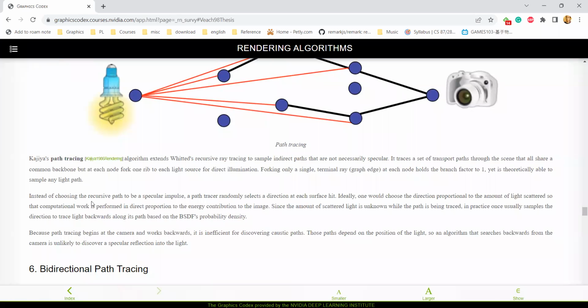Instead of choosing the recursive path to be the specular impulse, the path tracer randomly selects the direction at each surface hit. Ideally, one would choose the direction proportional to the amount of light scattered so that computational work is performed in direct proportion to the energy contribution to the image. Since the amount of scattered light is unknown while the path is being traced, in practice, one